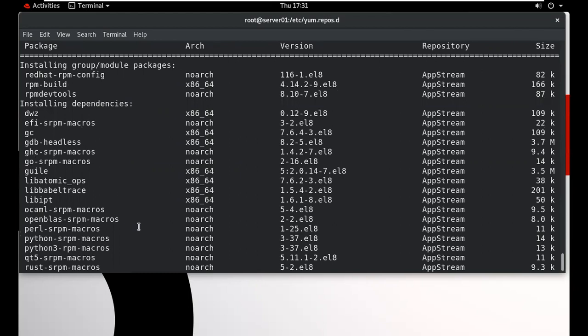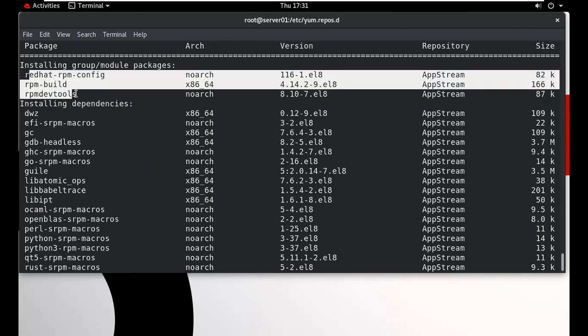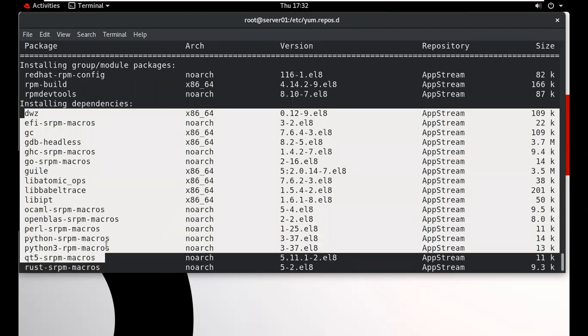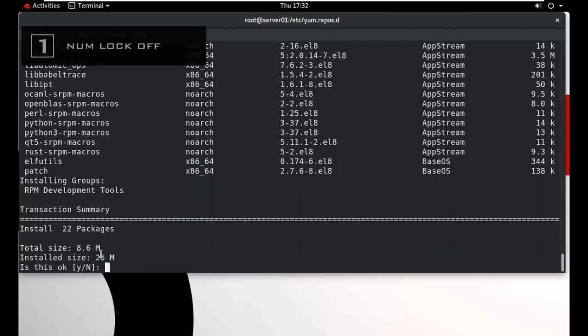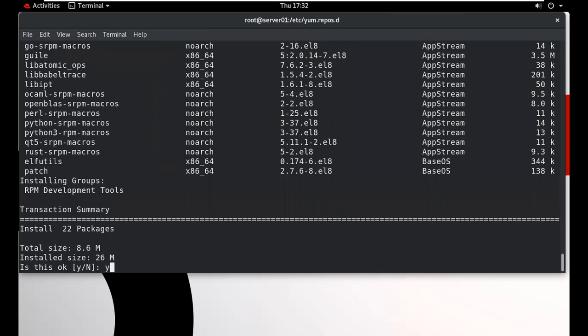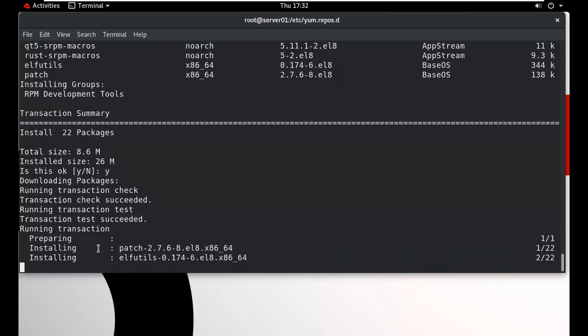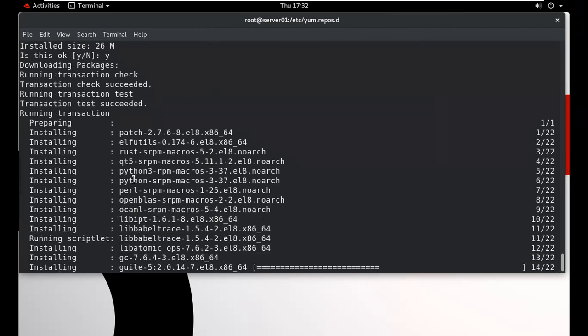These are the package names, and these are the dependencies. When we type yes, this package will be installed. So this is the functionality to install the packages in a group.